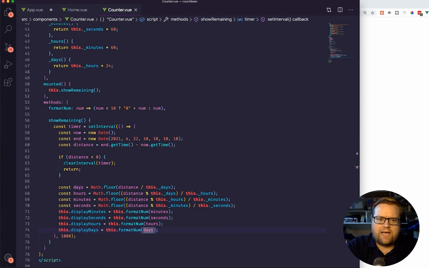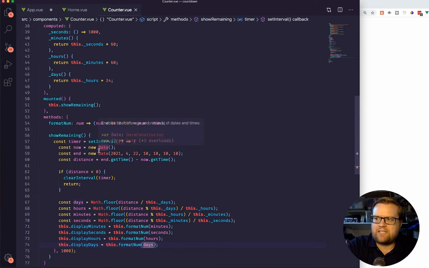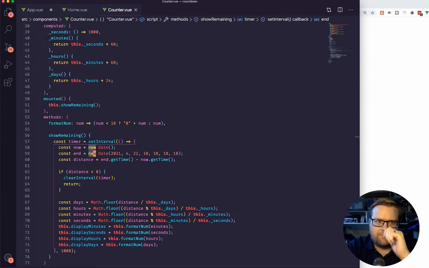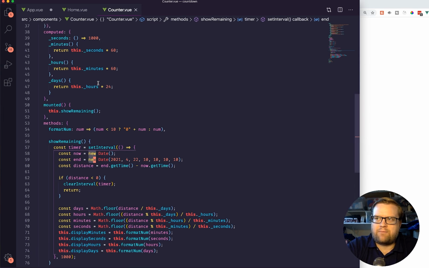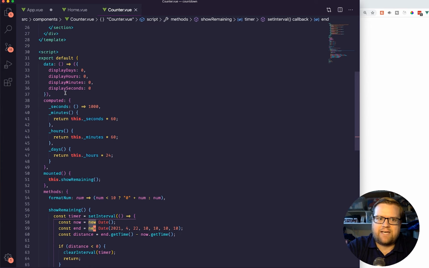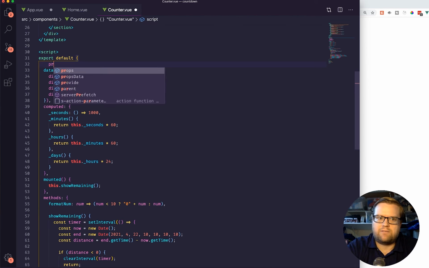Now we want to have this be a little bit more useful. Like this end date is hard-coded in here, but we want it to actually be passed in to make this more useful. Because anytime you create a component, you want to think of using it throughout the app, and it might be used in a library at some time. So the easiest way to do that, and probably the first step of doing something like this, is to add a props attribute. So props,